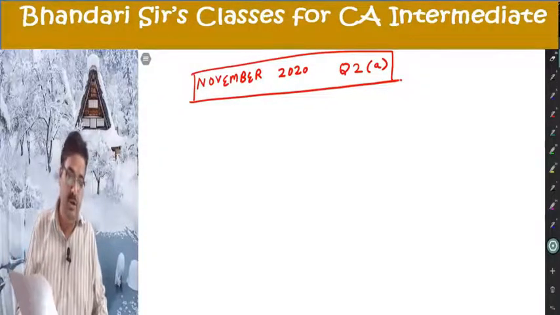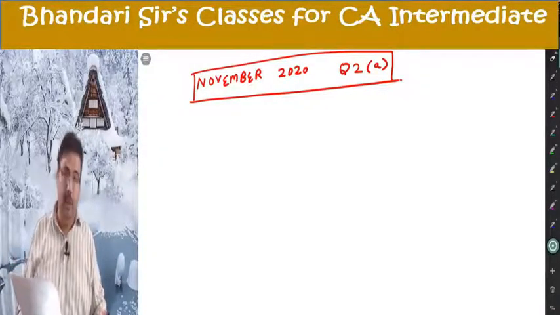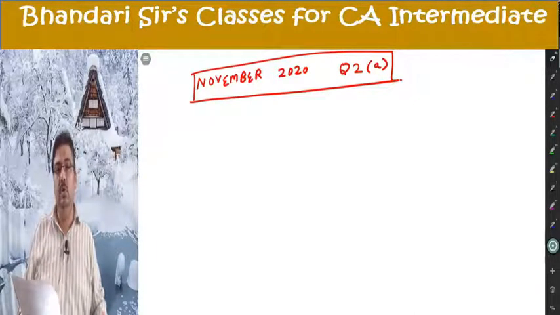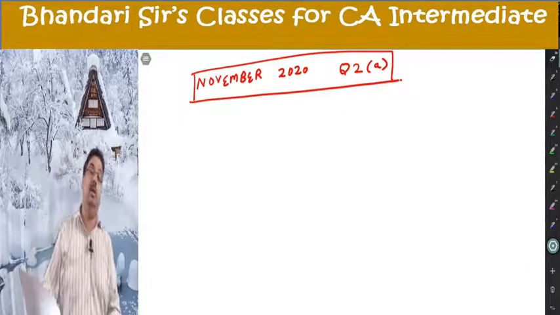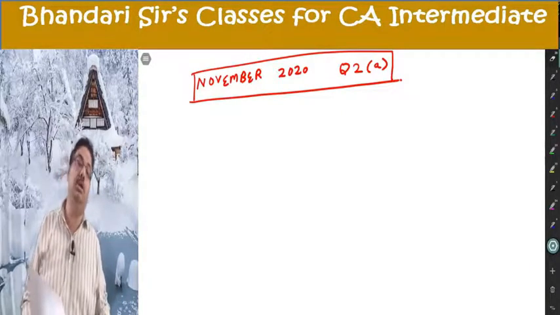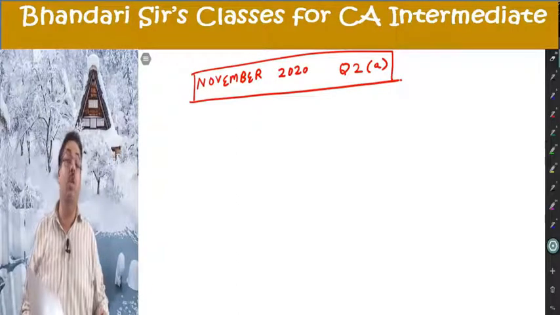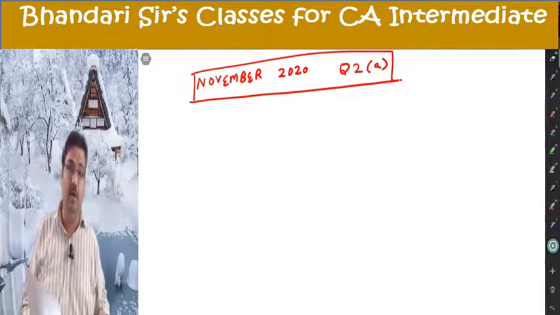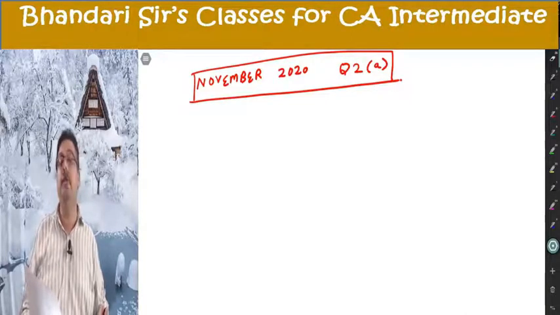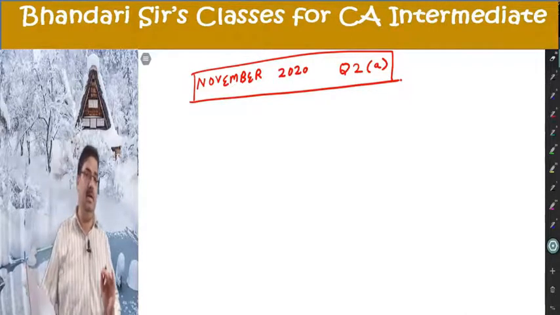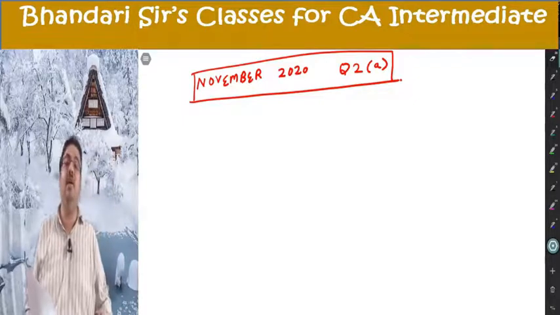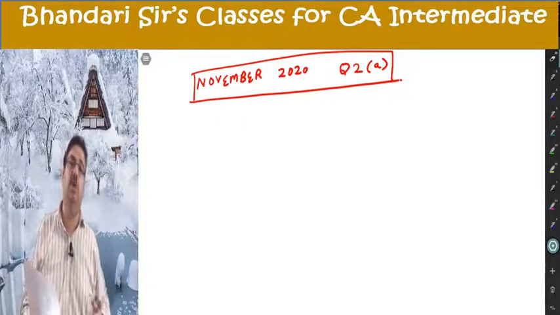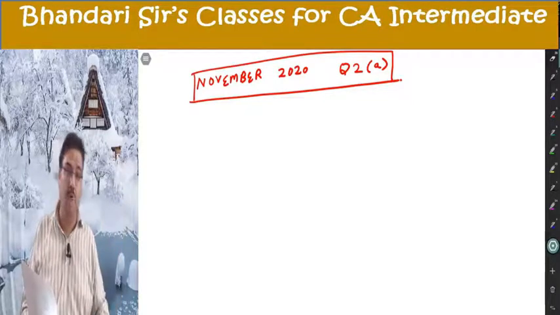Now next I reach is November 2020, question number 2, part A. Let me tell you, it's a different question than normal cost sheet questions. It involves some language issue that you have to handle very well, and then only the analysis can be done. It's very basic, it's not difficult, but it is different than normal cost sheet questions. It's not like reverse cost computation or direct, you can say straightforward cost sheet.